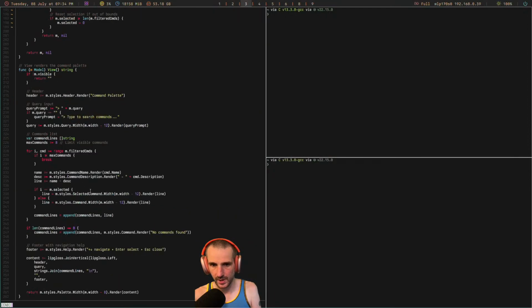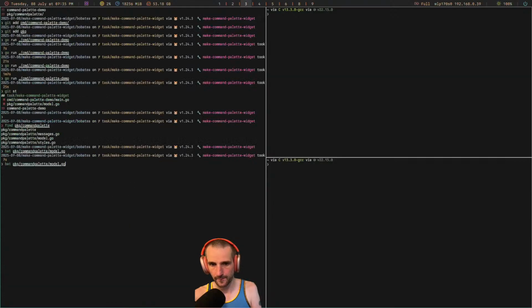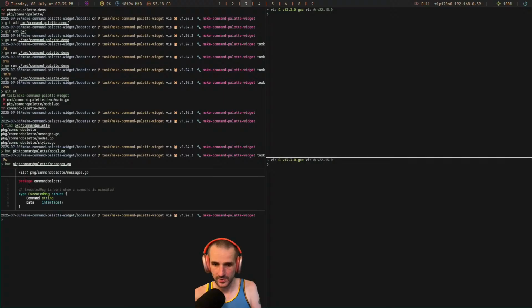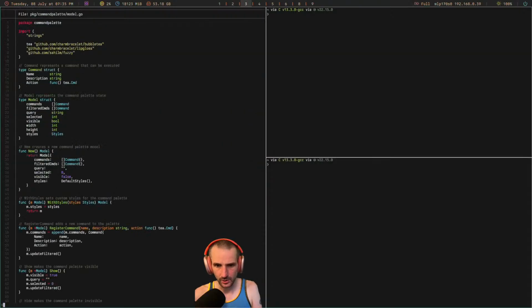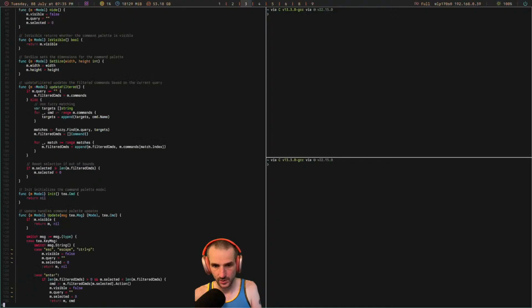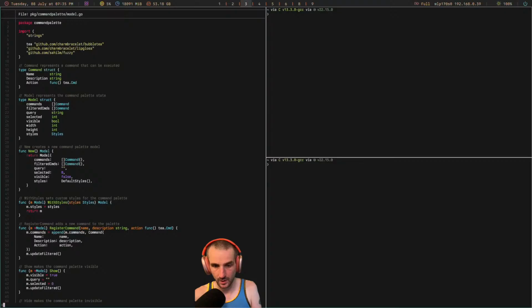Model new with styles. Yeah, is that all it needs? Now it has messages. Execute messages, executed. So what does this model take? You give it new, you give it like a list of commands, register command, the action is going to be, yeah,